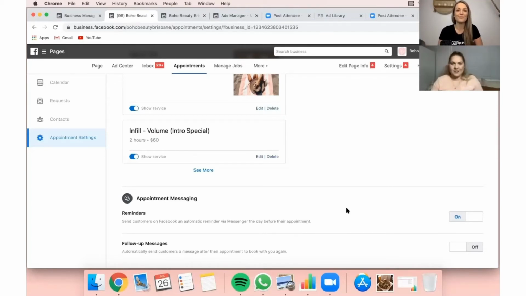Yeah, awesome. Perfect. So I'm going to show you in inbox now too, how I book my appointments straight from inbox that are coming from that Facebook ad. So if I go across here, also just letting you know, that's where your appointment requests will come through when you open your appointments to the public. And then you've obviously got all your contacts. So these are people who have booked with you. And if you want to reach out to them, be like, hey, you had your lashes done 2 weeks ago. Did you want to get an infill? You've got them in that contacts page for you.